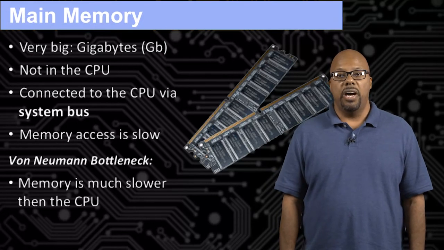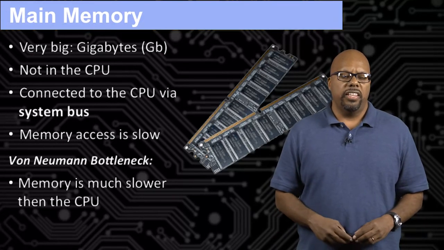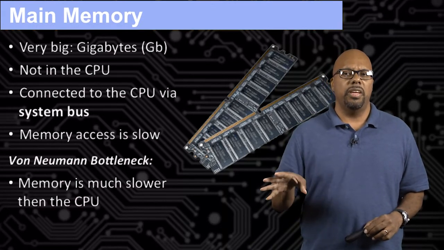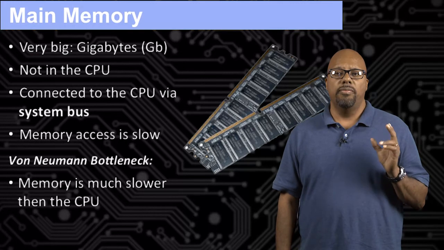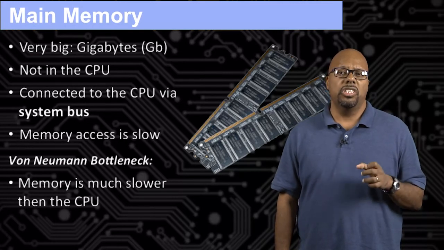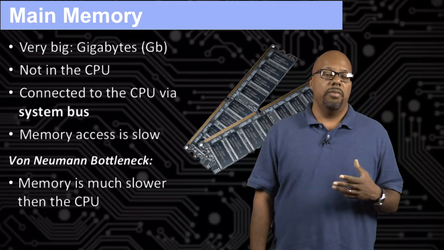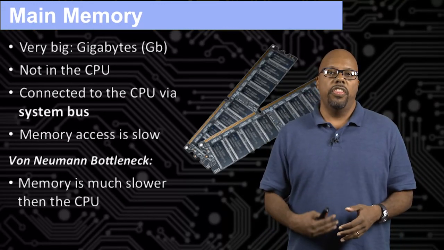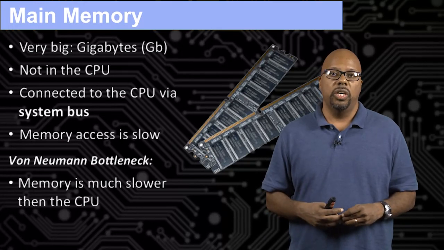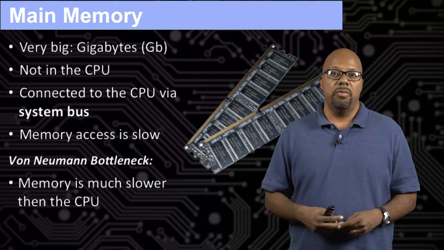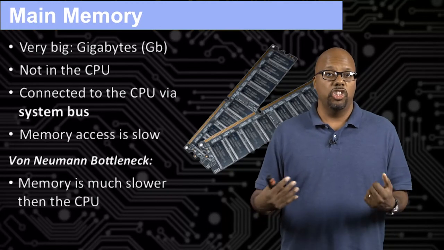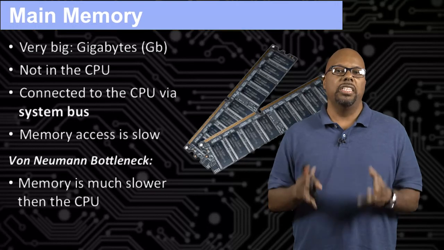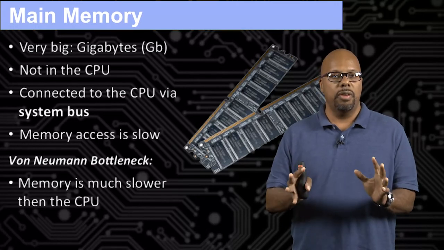There's what's called the von Neumann bottleneck, which is the fact that in a von Neumann architecture, the data and the instructions are all put into the main memory. The problem is that main memory is much slower than the processor. Maybe you wait 100 clock cycles to access something out of main memory. So if you want to do an add instruction, adding two pieces of data that are in main memory, you're waiting 100 clock cycles for that data to show up, and then the add itself takes 1 clock cycle. So all your time can go into memory accesses.